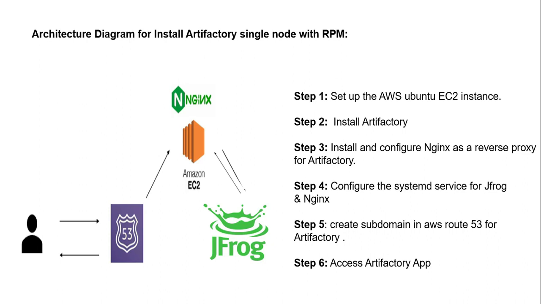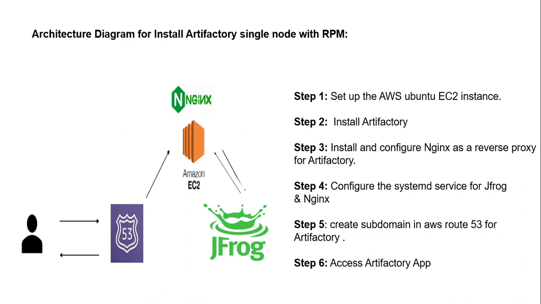Step 4. Configuring the systemd service for JFrog and Nginx, enabling the Artifactory service to automatically start at system startup. Step 5. Creating the subdomain in AWS Route 53 for Artifactory. Here we are assigning the subdomain to Artifactory with the AWS Route 53 record. Step 6. Accessing the Artifactory app. You can access the Artifactory UI at